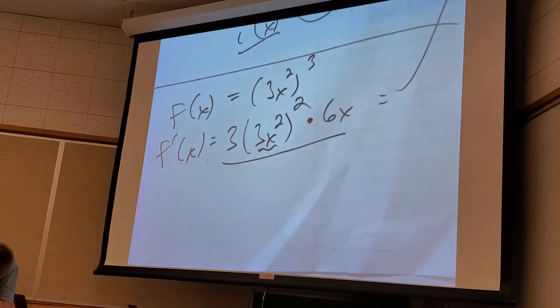Now, of course, my students know my mantra. When I ask you to do a derivative or an integral of a function, what's the very first thing you look for? If I give you a function to integrate or differentiate, what's the very first thing you look for? Where are my former students? Very first thing you try to do: simplify the thing. If I can simplify what I'm asked to do something with,